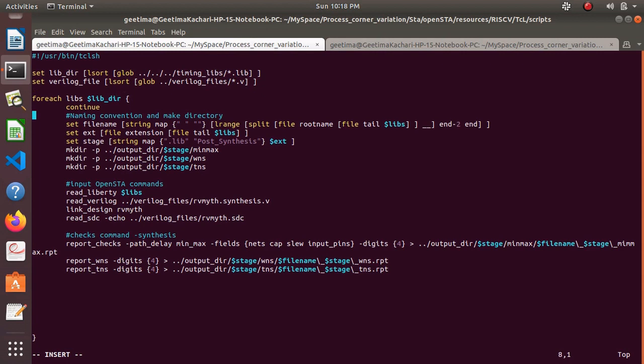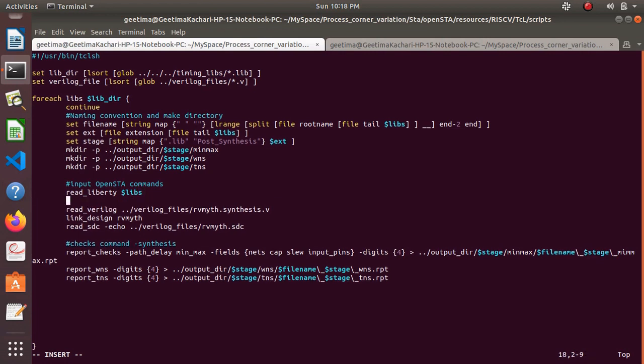So now I have to be able to access these files one by one. In this case I'll do slight changes, but you can go back to this portion whenever you want. So for this case I have to read the verilog files. As I have said, I'll be accessing one verilog file at a time, and I'll be using lindex for that. So let me first assign a particular verilog file from the list, the post synthesis verilog file, to a variable. Let me name that as set synthesis